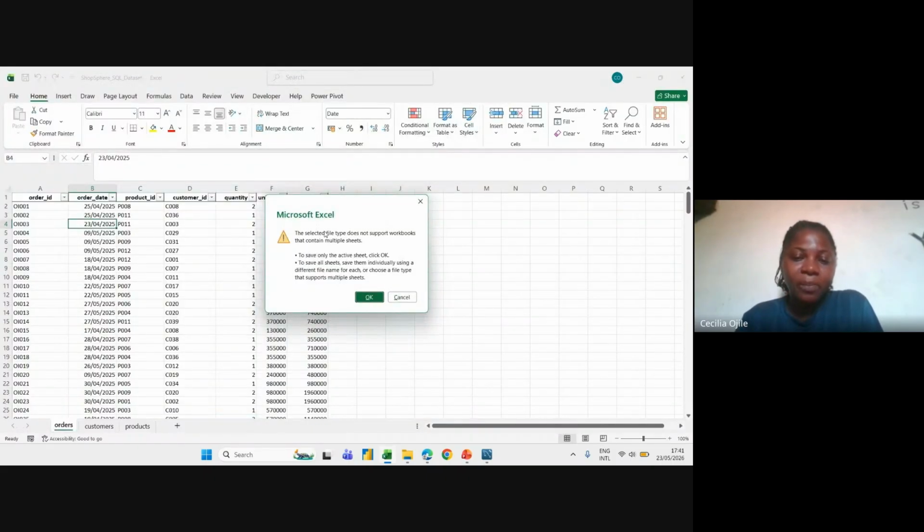It's bringing this pop-up because it said the selected file type does not support a workbook that contains multiple sheets. So a CSV file cannot have multiple sheets the way you have orders, customers, and products in this worksheet. You cannot have that in a converted file. We just saved our file as a CSV, so that is why it is giving us this warning. It's telling us that we cannot have a worksheet as a